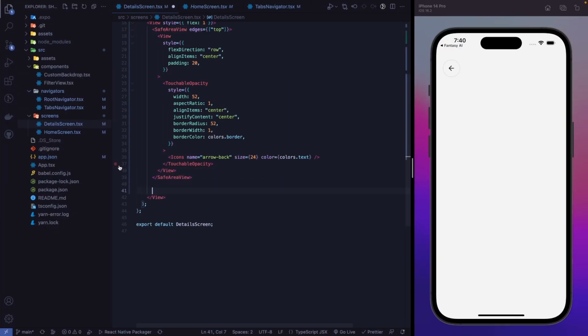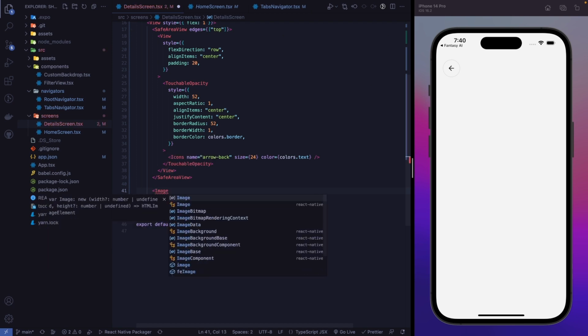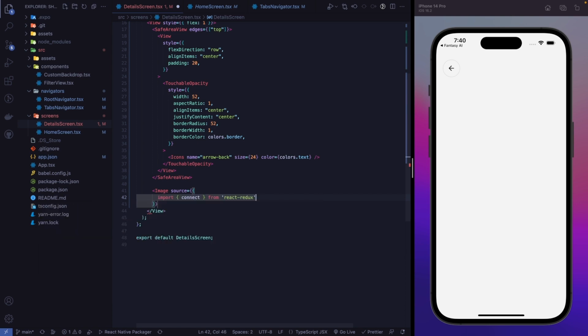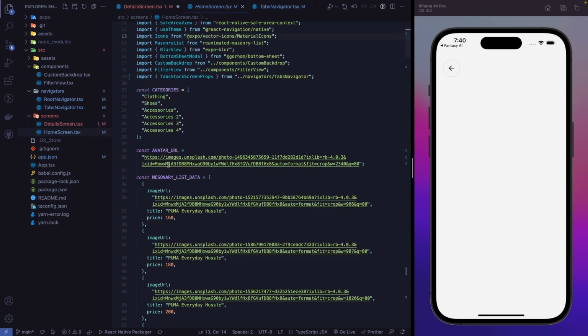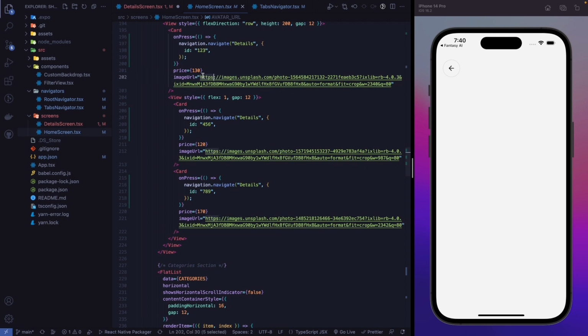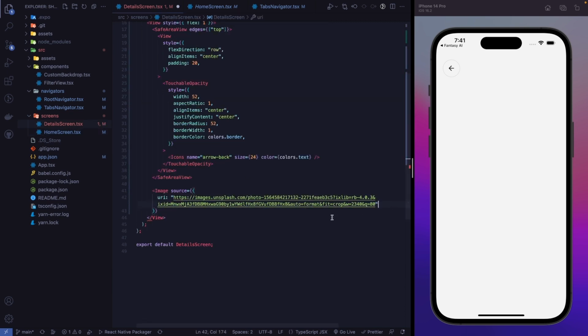After the safe area, let's add image. This is going to be React Native image, and the URI for this is going to be an image from our home screen. So let's copy an image from our home screen. So let's see, let's use this image, and let's style it up. Position should be absolute, because we want to